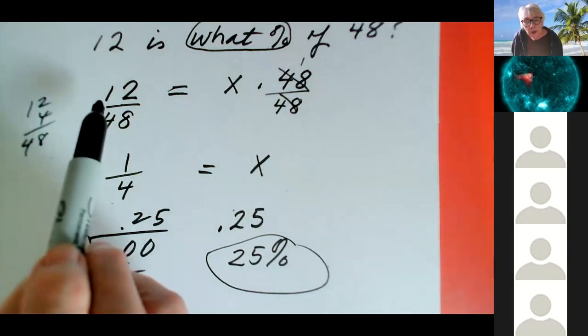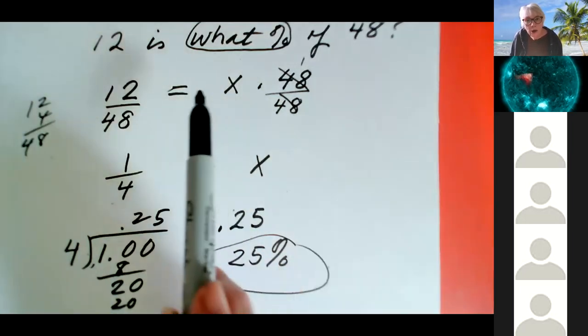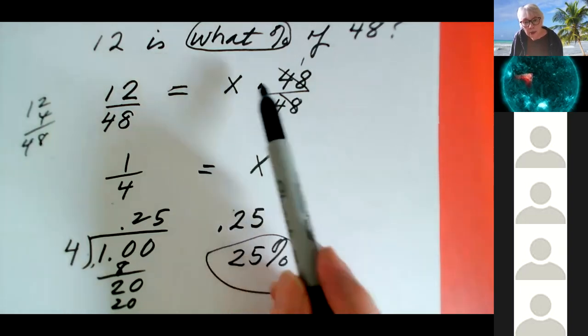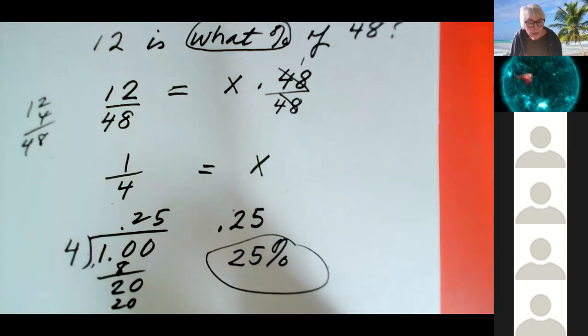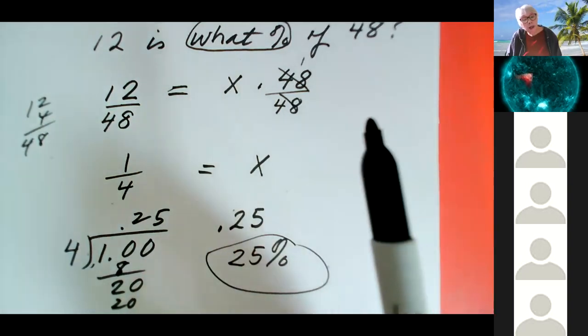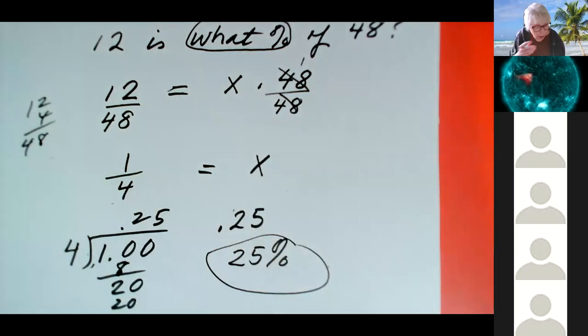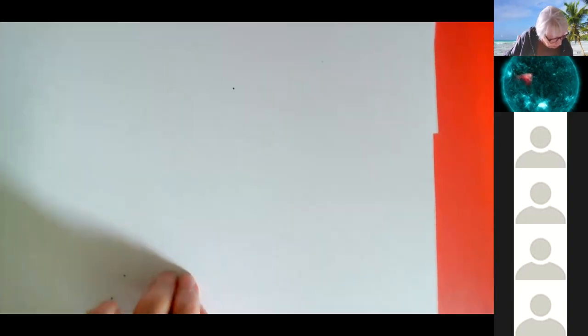Okay, so the real problem started out with, could you turn this no more words into math? And the math was this. We knew how to cancel the 48 on both sides. The rest of it was just going from the fraction to the decimal to the percent. Let me see if I can find a different one. I'm going to do one more, and then we'll try to,